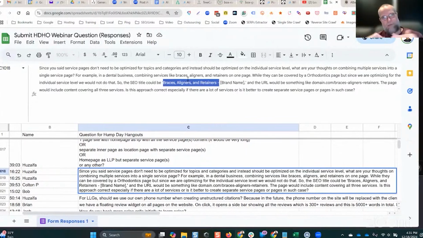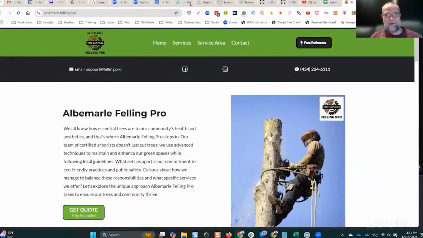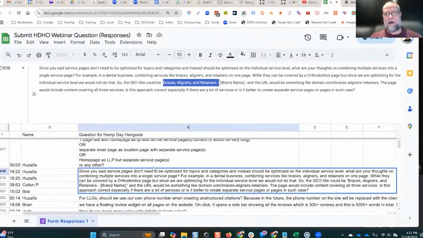But if they're in a low competition area and I know that I can get by with a very basic site like what I do, because we target hyper local areas. If I was going to sell tree service sites and SEO to somebody that has a very large service area, I'm going to build them multiple sites. No kidding, because the small sites just tend to perform better. Does that make sense? So the point is, I would have different price points depending on what category or situation the particular client falls into.